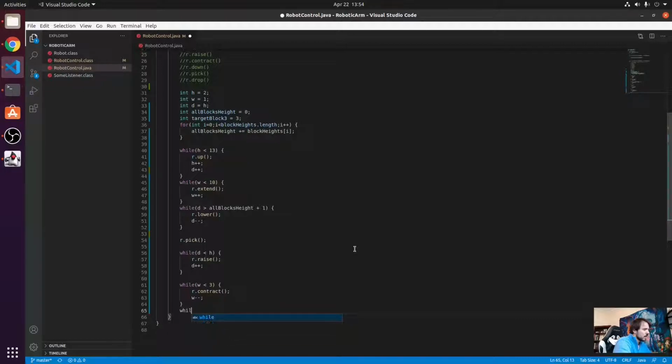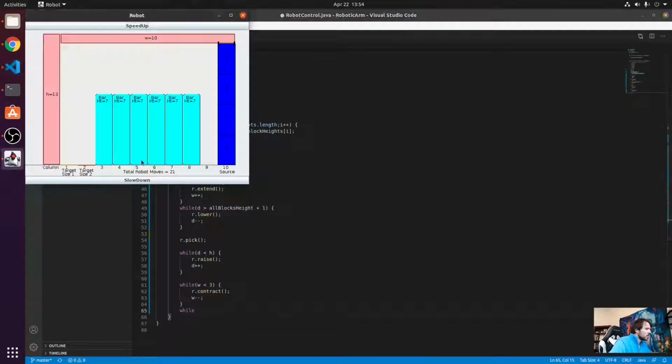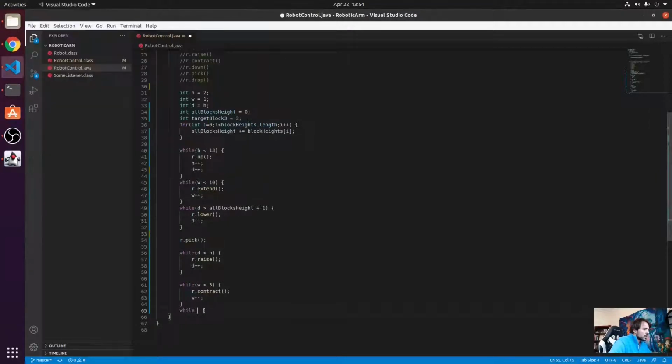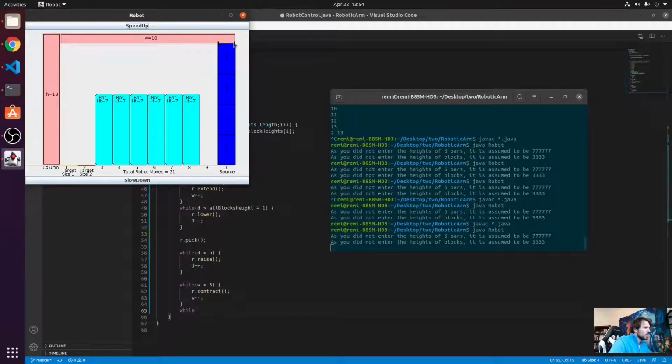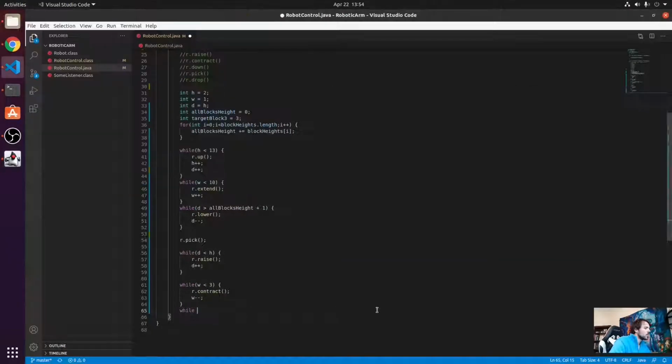In this case, it needs to be lowered onto the bar of size 7, but the block is also of size 3, so we need to lower it all the way to 7 plus 3, so it needs to be 10, because the actual arm of the robot needs to be at height 10 in order to properly lower the block onto the bar, which is 7 plus 3 of total height. So while